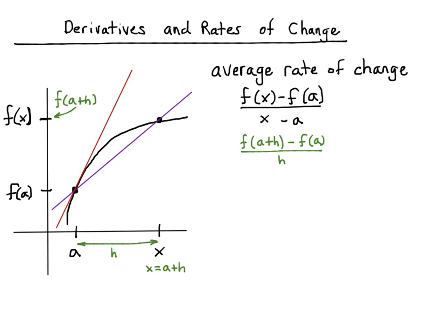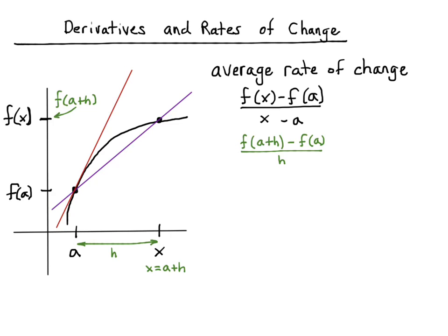And so what I want to do now with this secant line, this lower one right here, is if I reduce h, and so what I'm doing is I'm bringing x closer and closer to a, what's going to happen is that my secant line is then going to become a tangent line. And so that will be the line that shares the same slope as my function at point a. And so that's all a tangent line is. The tangent line at that point intersects the graph, but also has the same rate of